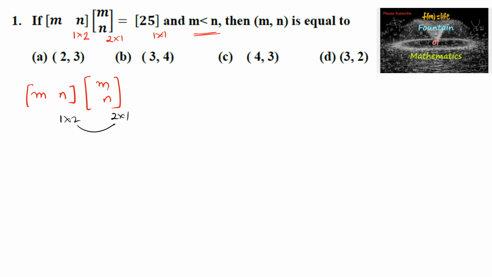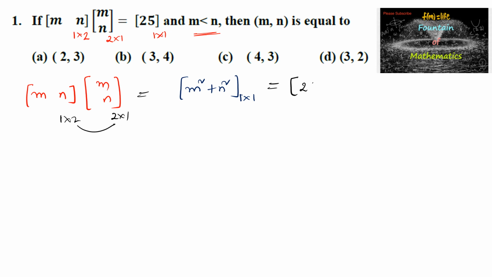The number of columns in the first matrix is equal to the number of rows in the second matrix. So the multiplication will give a single element, which, by applying the multiplication process row with column, is m into m square plus n into n square, a single element, that is a 1 by 1 matrix, and which is given here